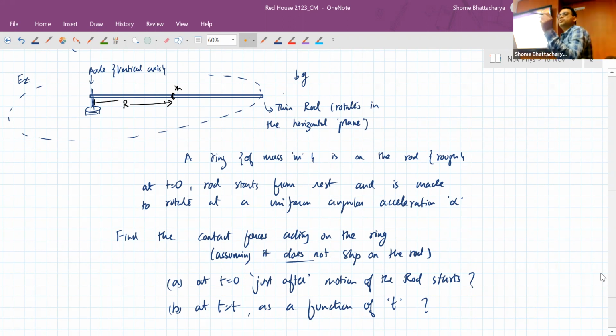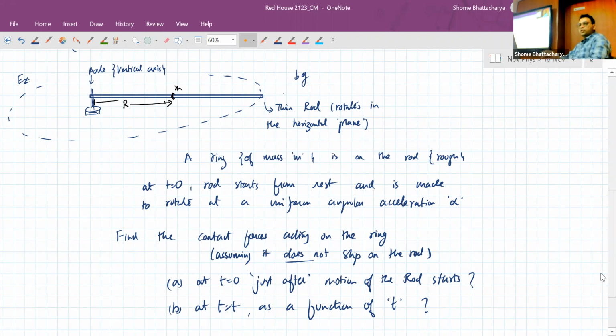So which force has to provide it? Friction. So if friction were not there, what would happen? As the rod starts rotating, the ring would slide outwards. And that we'll understand even better today when we talk about centrifugal force, which is a type of pseudo force. If you are in the rod's frame, you will experience centrifugal force outwards, and that is what tends to make it slip radially outwards. But friction in this case is preventing this.